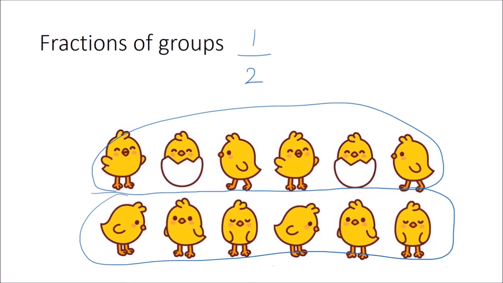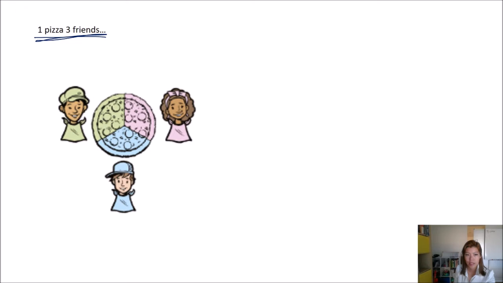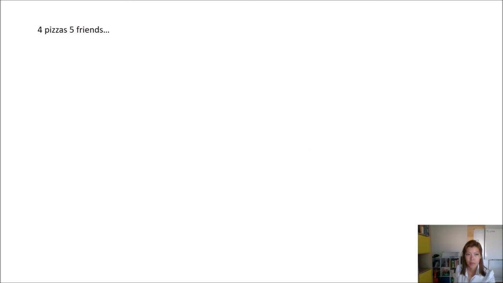Now, let's have a look at sharing more pizzas. What happens if I have one pizza divided by 3 friends? It can be represented like this, so each person would get 1 out of 3. What happens if I have 4 pizzas divided by 5 friends? So I would draw the 4